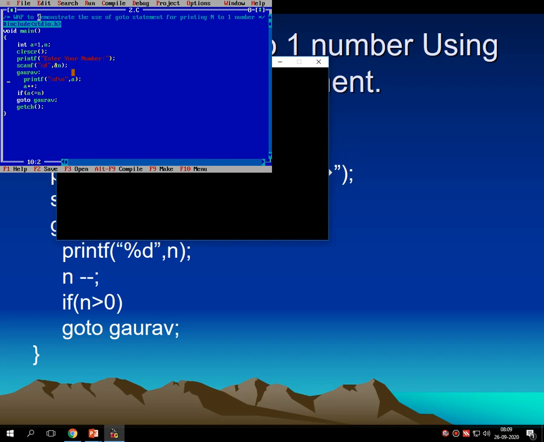And here we have to make one change, printf %a. Instead of that we have to print n, because we have to start printing the numbers from n. Then n minus minus, which reduces the number, is a postfix decrement operator.